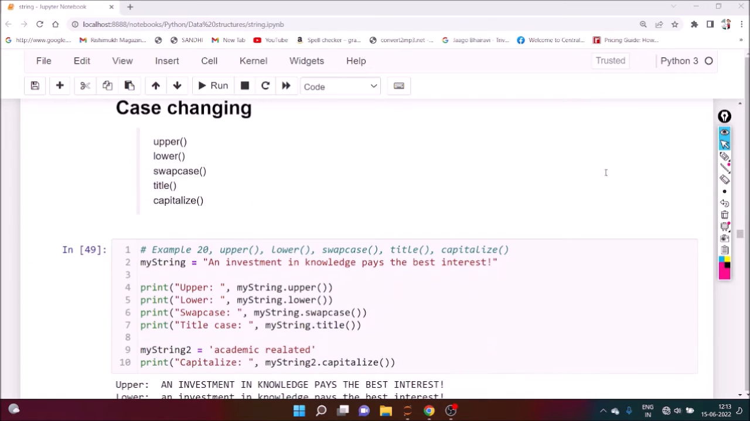Next, suppose some case changes are there. Upper to lower, lower to upper. Swap case means lower to upper, upper to lower. Title means capitalize each word. Capitalize means capitalize the first word of each sentence. Okay, you can see the output. You just see the output. So here,